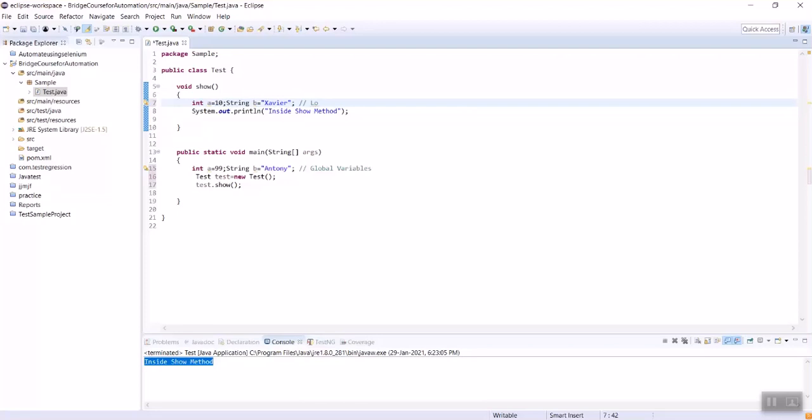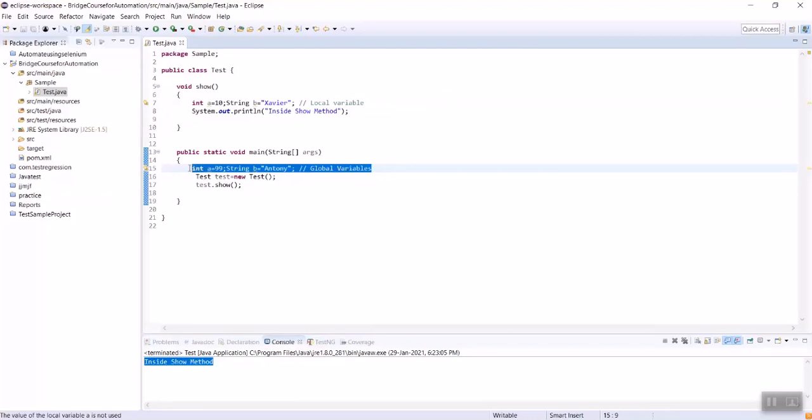For your understanding I am commenting there that it's a local variable. So line number 7 is the local variable and line number 15 is the global variable.